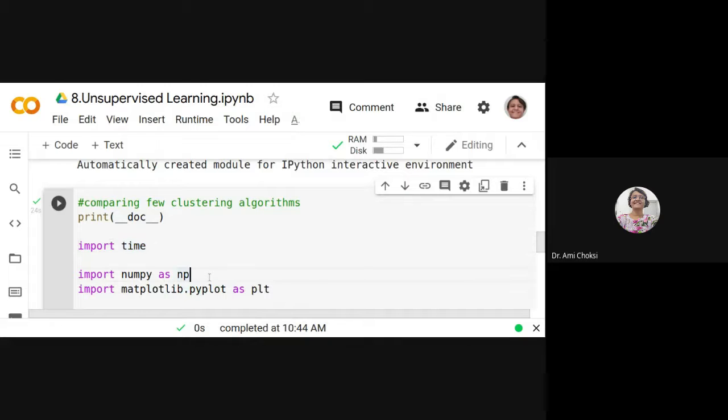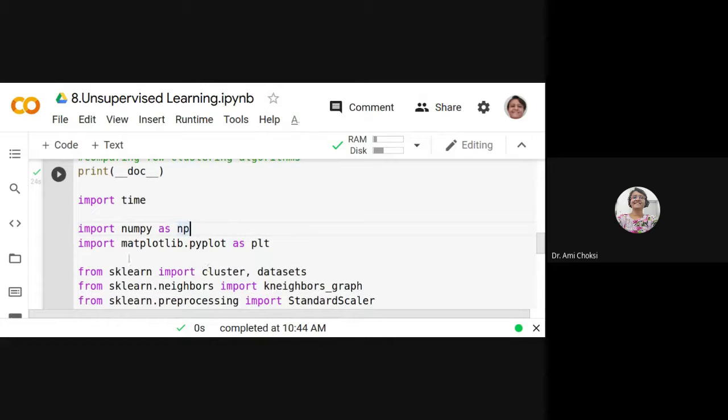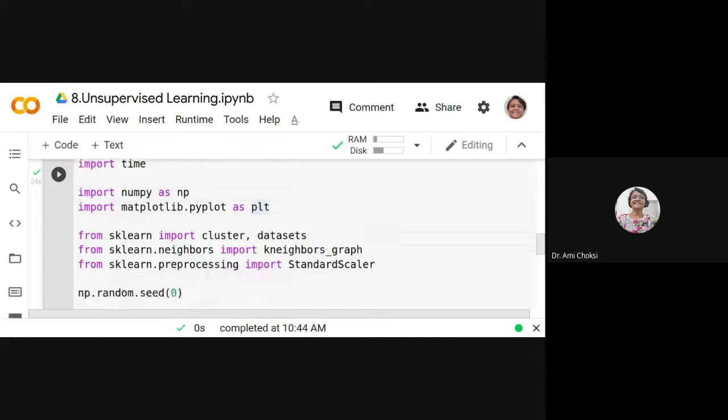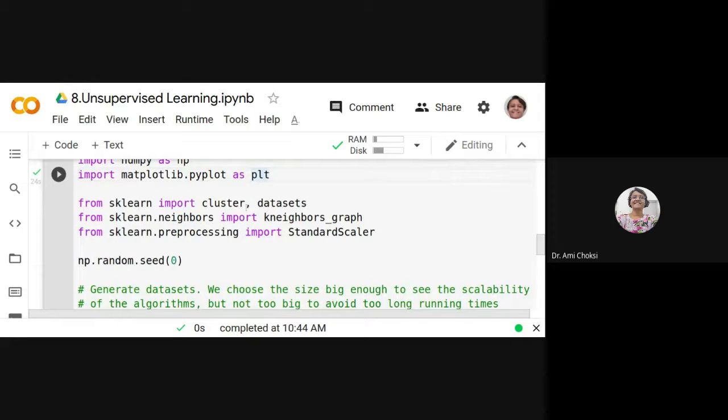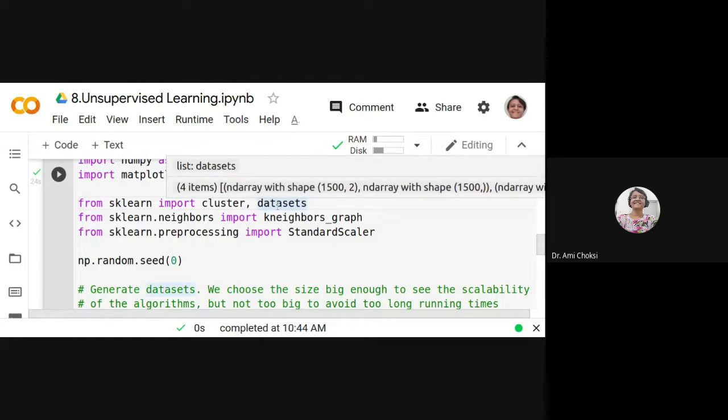Then import numpy as np, import matplotlib.pyplot as plt because we want to plot it. From sklearn, import cluster and datasets. Cluster because we want to have the clustering algorithm, and datasets because we want to load a particular data set, isn't it?